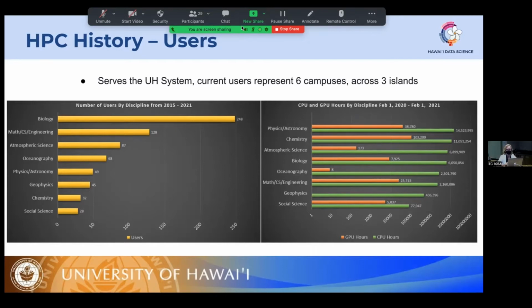So this really is a system-wide resource, and we're happy to be able to support our researchers across different islands